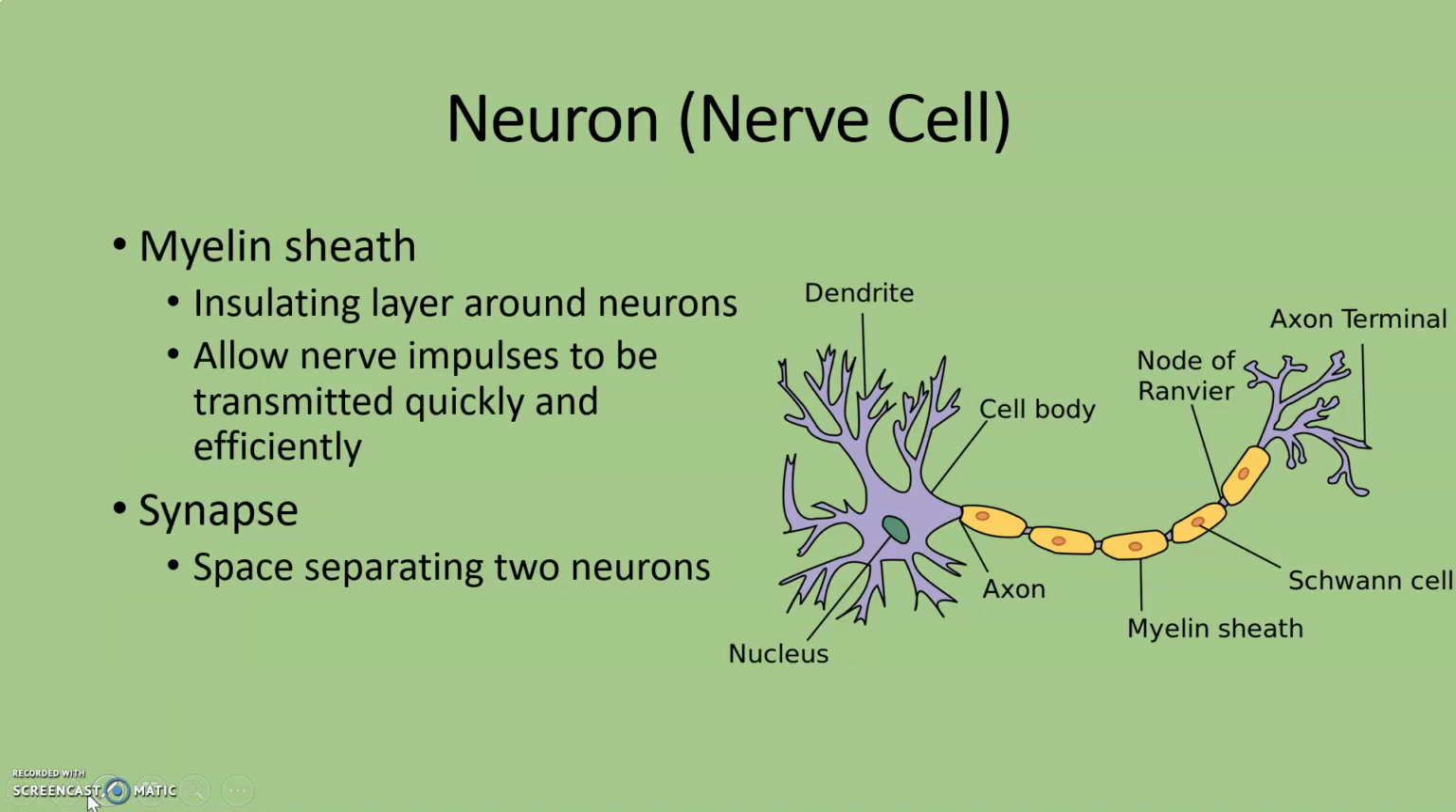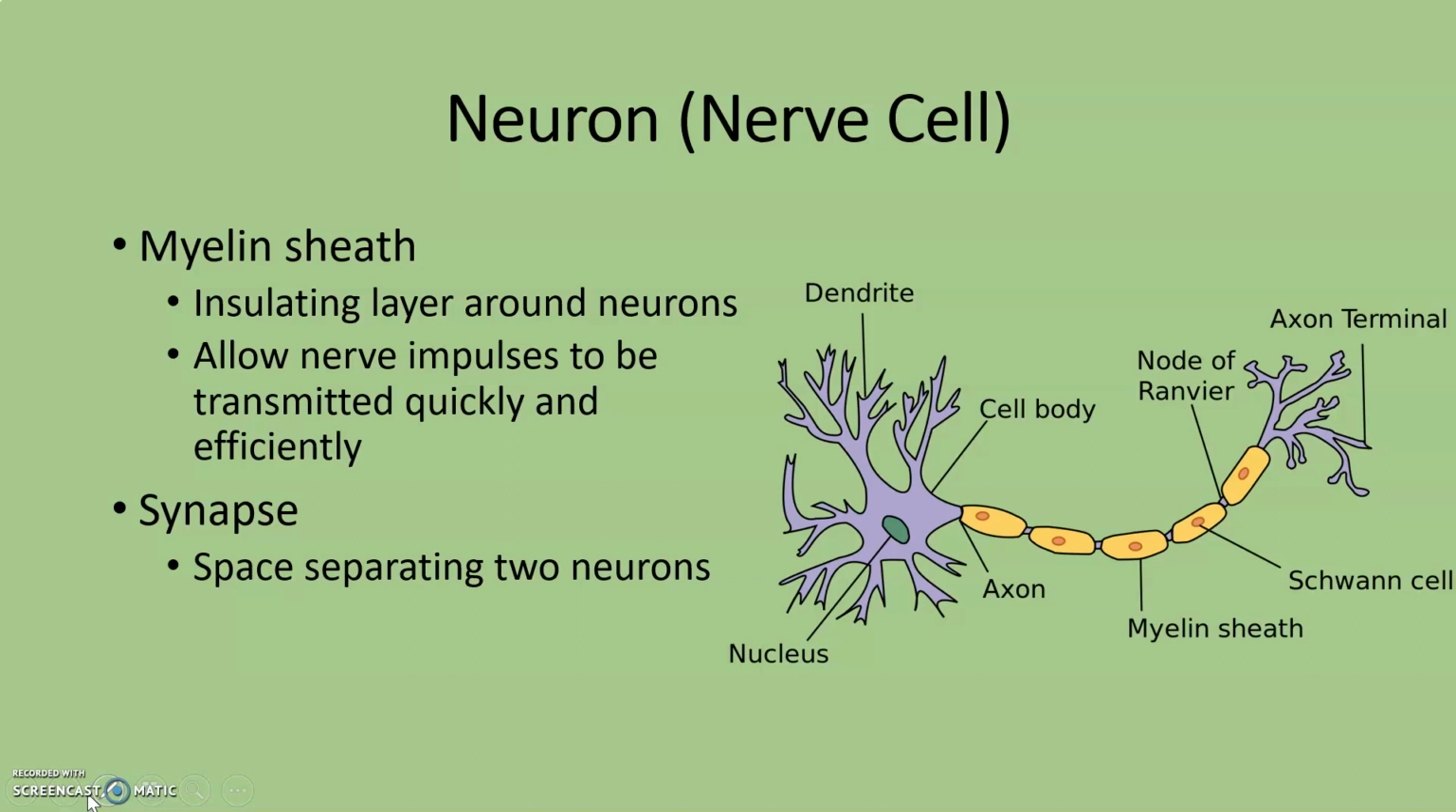Now, wrapping around the axon is a fatty substance. This fatty substance is produced by Schwann cells, and it's called myelin. And because that myelin wraps around the axon, it's called a myelin sheath. The purpose of the myelin sheath is that it insulates the neuron. And together with these gaps in between each segment of the myelin sheath, which are called nodes of Ranvier,